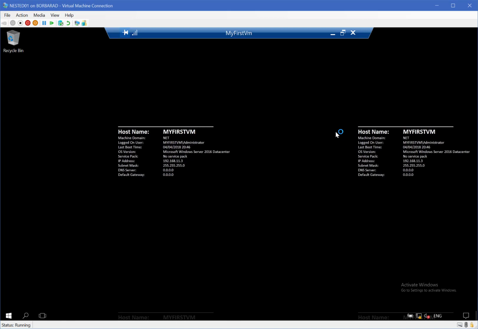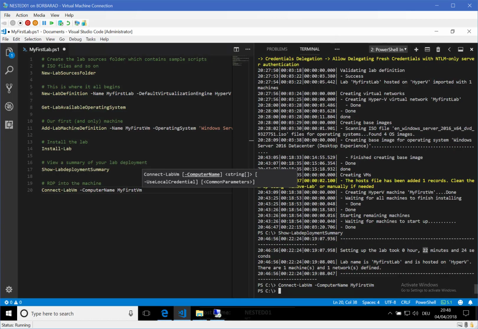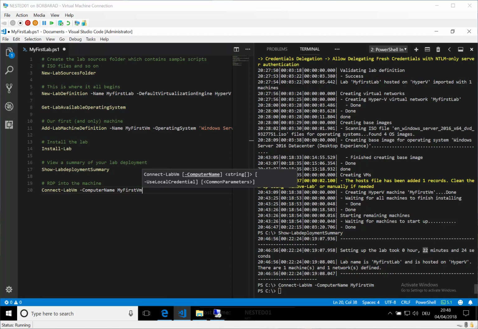The same thing can be achieved, for example, through PowerShell remoting. We have a couple of commandlets for that as well. But for the time being, this should be enough to get you started with your first lab. Thank you for your patience, and we hope you try it soon. So Install-Module AutomatedLab is all it takes to actually get started. Thank you very much.